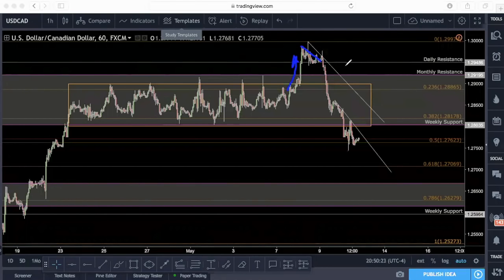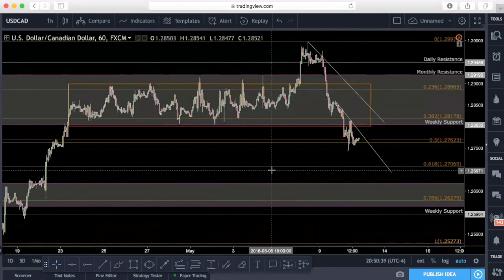Let's see what happens. And so since we falsely broke the tops of this consolidation and we broke right back inside, breaking out of not only this trend, but also this trend as well, definitely told us that, you know what? The bears are here and they have arrived. And so now the question becomes, where are we going to be moving? And this is what you guys are all here for.